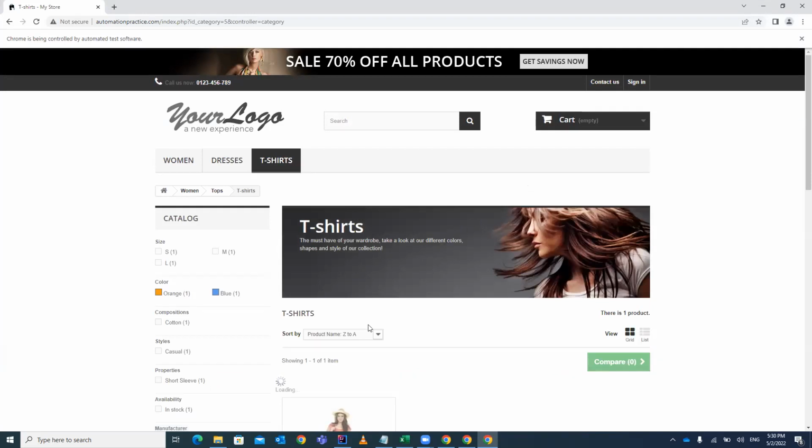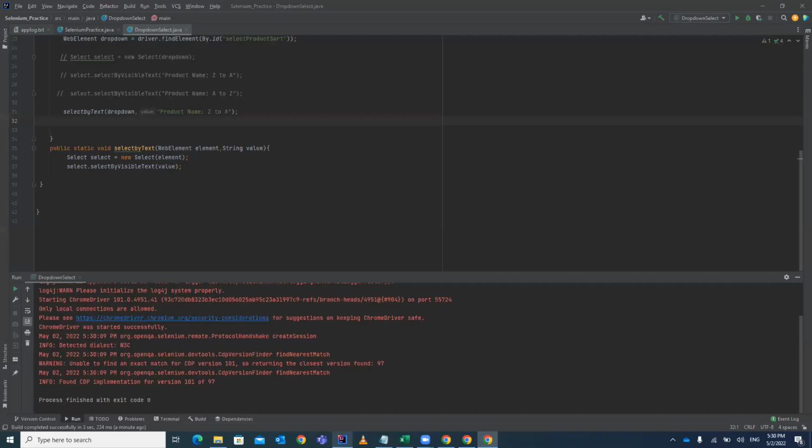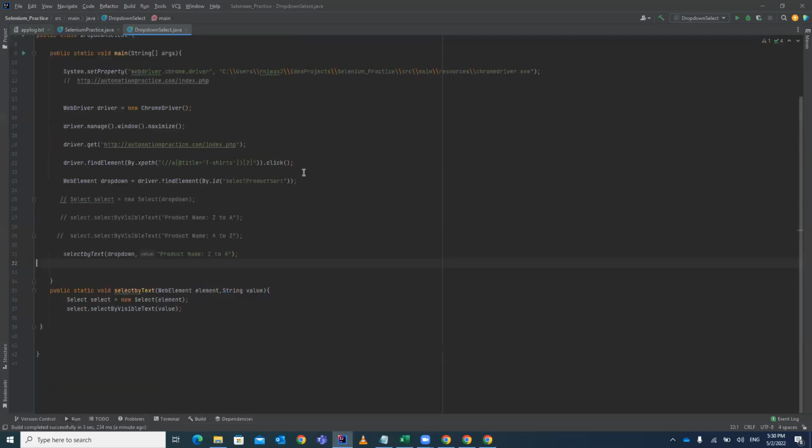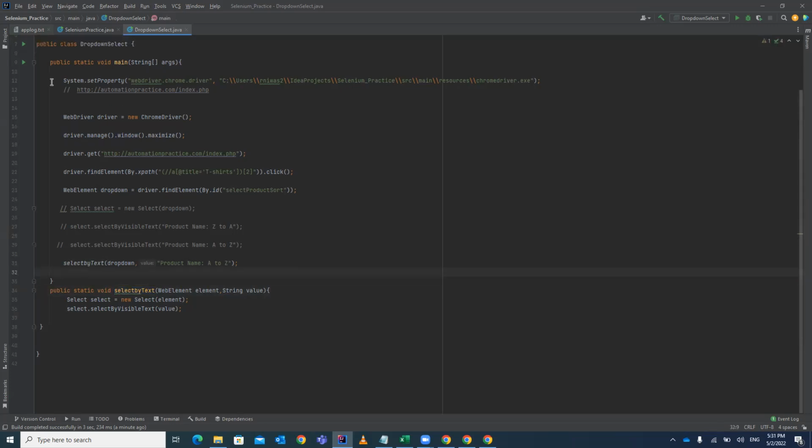Yeah, so guys, it is working fine and our value has been selected based on the visible text. And so this is a generic method that I have given. So in the same way, you can also give like A to Z. This time we want to based on the A to Z, not Z to A. So simply you can call it. So this is a generic method, guys, that I have written, and in the same way you can also write in your framework and you can call it hundreds of times in your test cases based on the value you want to select. Just try to run this once,